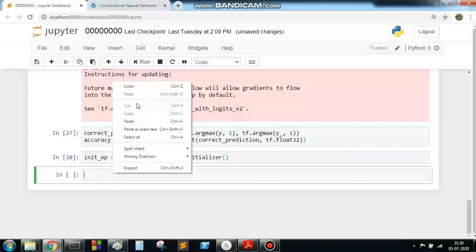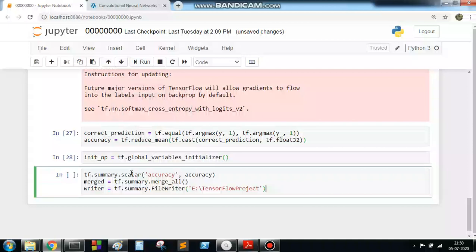To do that, I am going to use tf summary scalar for accuracy. The accuracy value must be stored as accuracy, and this will merge all and write. The values are stored inside our current directory.